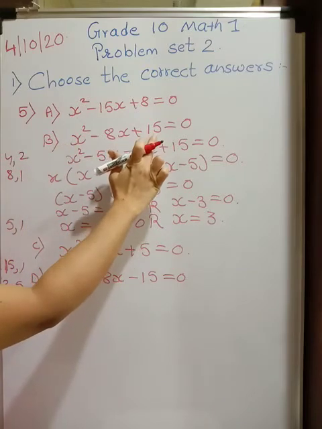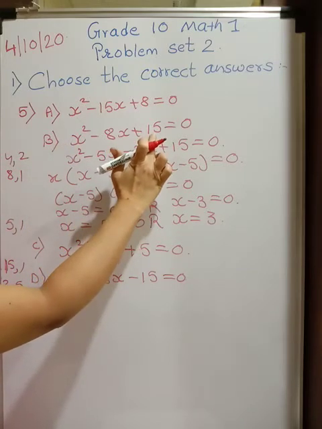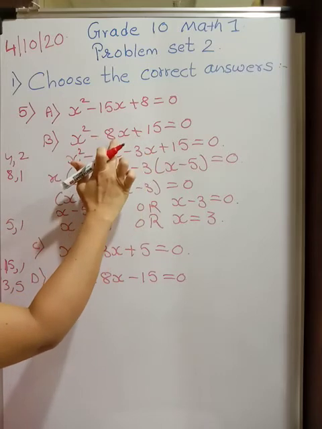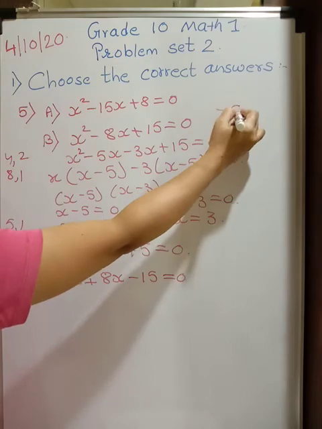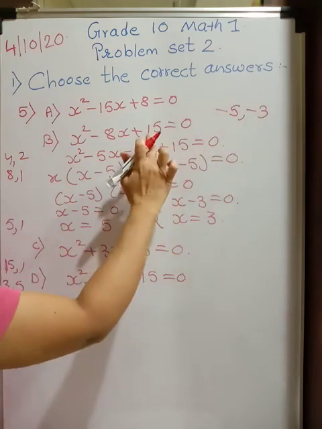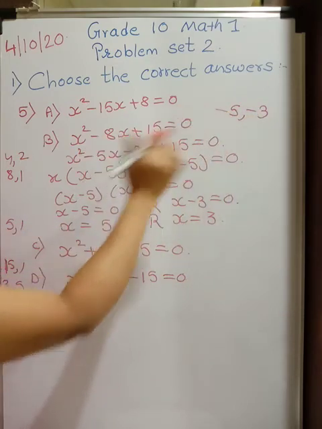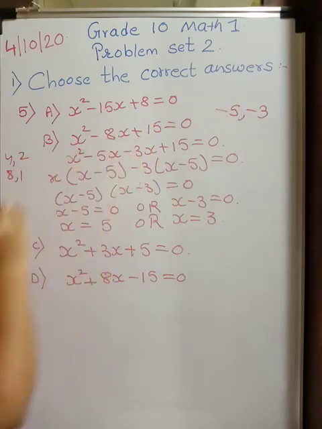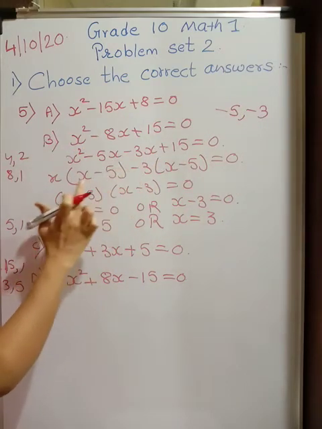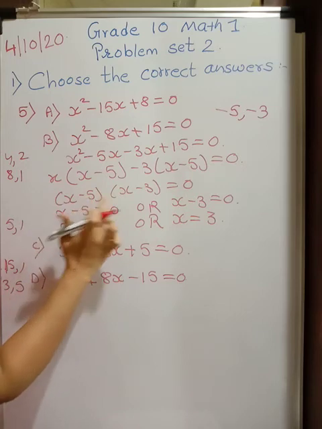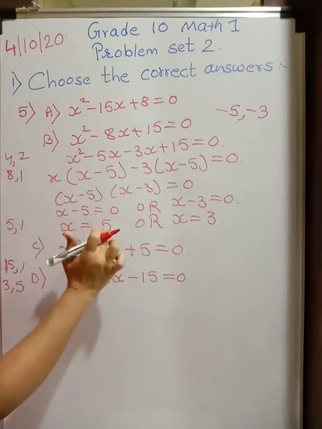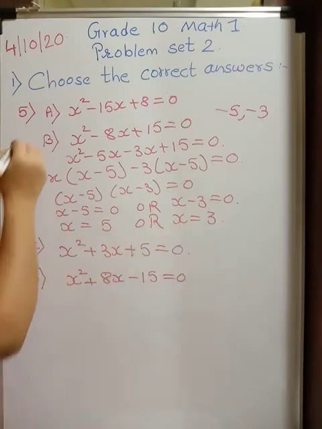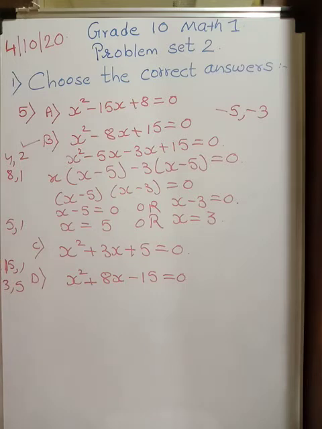Now look at this. Tell two numbers whose product is 15 and whose addition is minus 8. So numbers will be minus 5 and minus 3. See, minus 5 and minus 3. Product is plus 15. Minus into minus is plus. Add up this. You will get minus 8. If you solve this, either x minus 5 will be equal to 0 or x minus 3 will be equal to 0. And therefore we get x is equal to 5 or x is equal to 3. So correct option is B. I hope you are understanding. Ask questions and then solve.